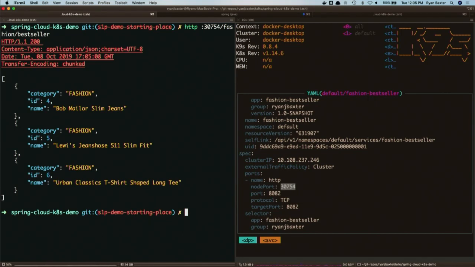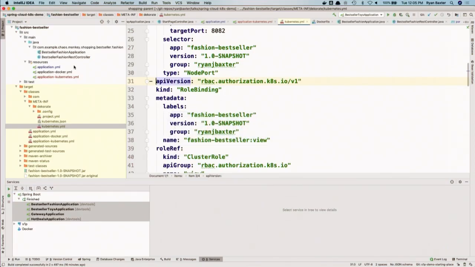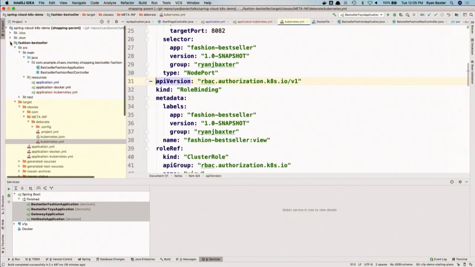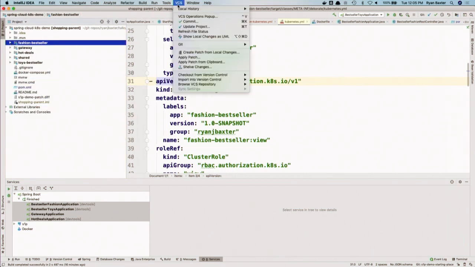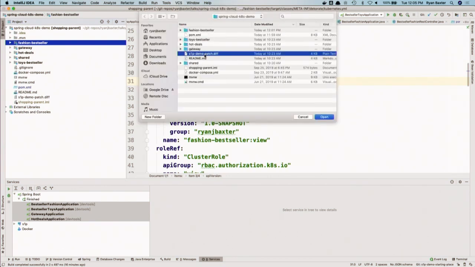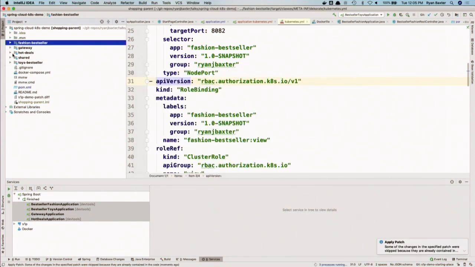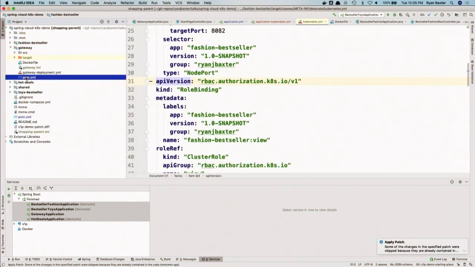So now we want to do the same thing for all the other apps, right? The cool thing is that once you've done it once, it's really easy to do it again. The reason is that I created a patch to just do it. So instead of going through the same stuff for each of the other apps, I'm just going to apply a git patch on top of this that does all that stuff I just did for the fashions app for the other apps, okay? Just in the interest of time, I want to save everyone the pain of having to watch me do that. Okay, so apply that patch.